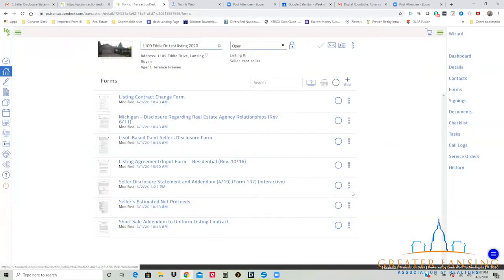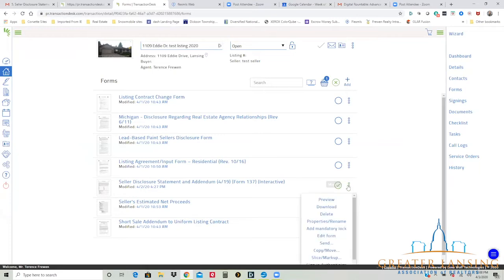So once we're in the seller disclosure statement interactive, you want to make sure that you have your seller's contact information and their email address in the contact. So it's very important you have it added in the contact section over here on the right hand side. So once you select the radio button, you click on the ellipses button. I actually had to Google that because I didn't know what that was called. So those three little dots are called ellipsis. So click the ellipsis button and you see here